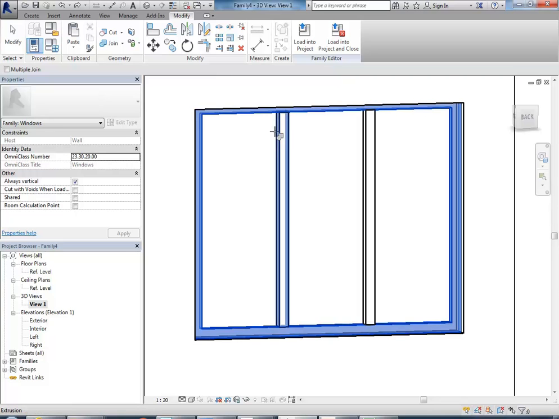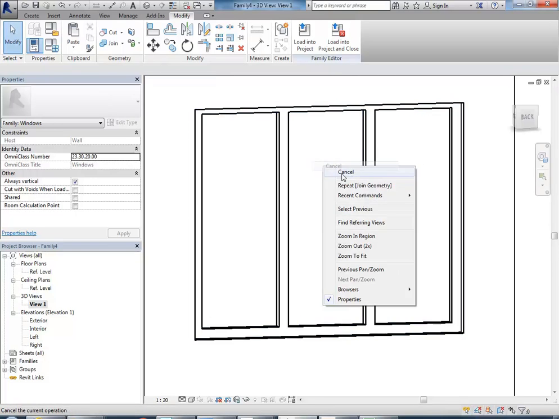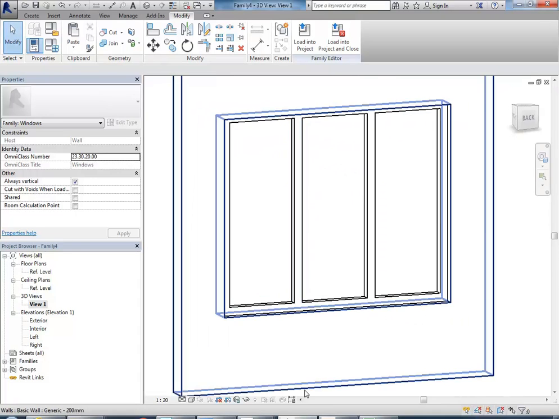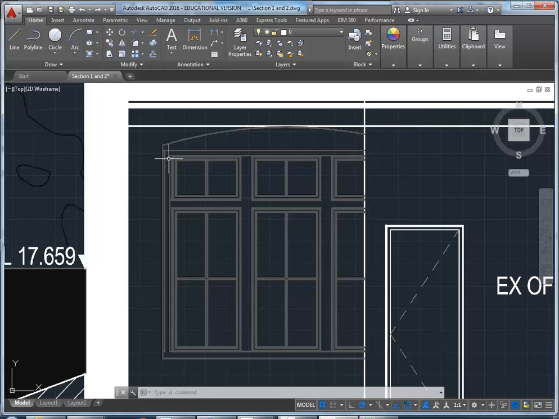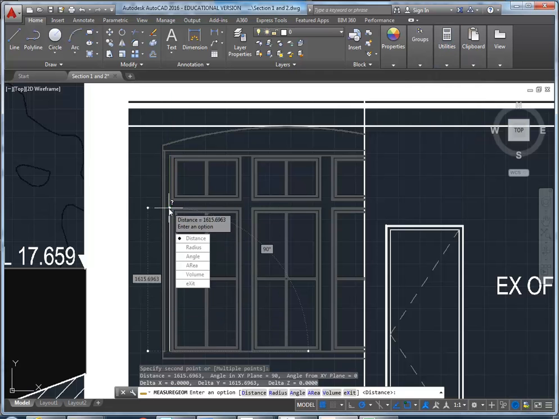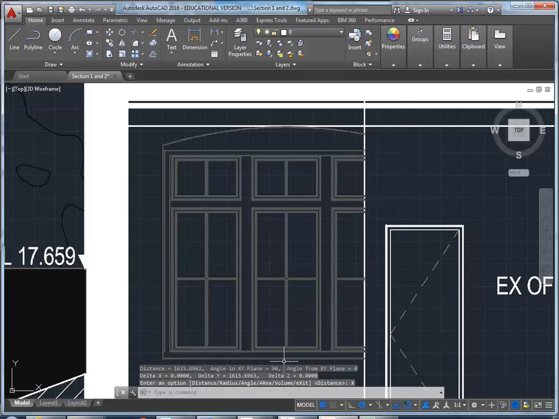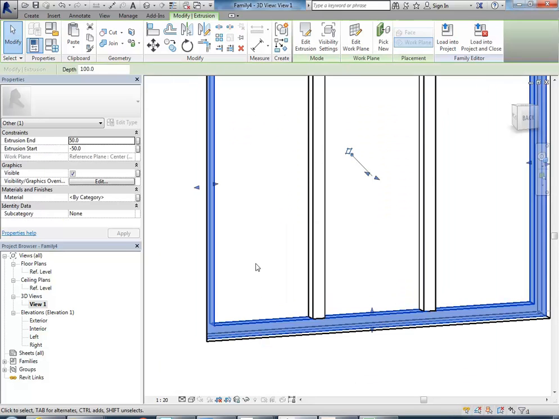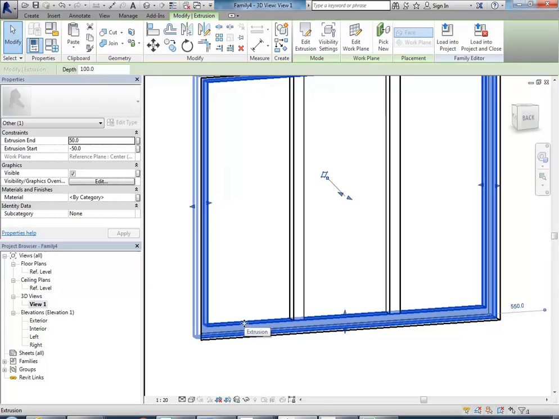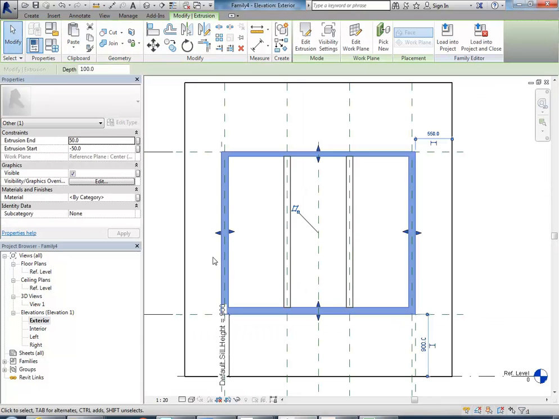Choose the outer extrusion and then those inner ones, and then again the outer one and the inner ones. Alright, so now we've got the top rail. So again, I'll just check that height from here. So let's say 1600, sounds good to me. Now I don't need to go and add a new extrusion because I can just edit the one that's already there. So I'm going to go to the exterior view